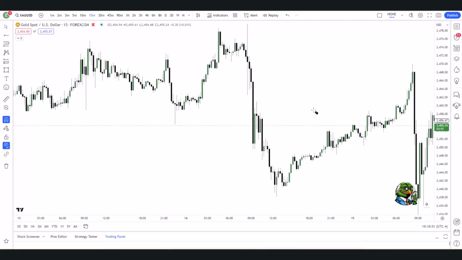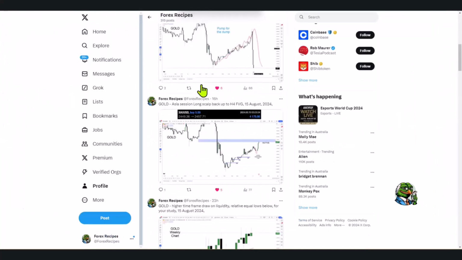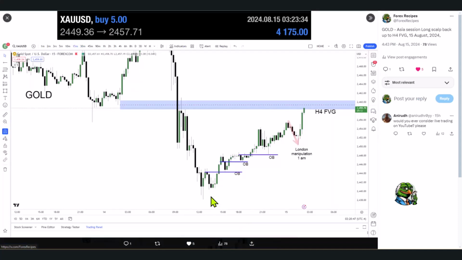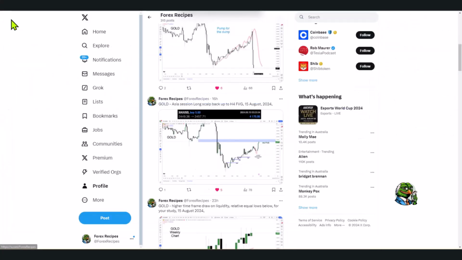Okay, so let's first talk about the long trade that I did yesterday in the morning, right at the start of the day. So that's the trade there. Quite a simple and straightforward trade. You can see that all I'm doing is looking at these order blocks. Okay, and then I've taken a long, and I've targeted that long trade to the 4 hourly fair value gap. So if I go back to that on the chart,